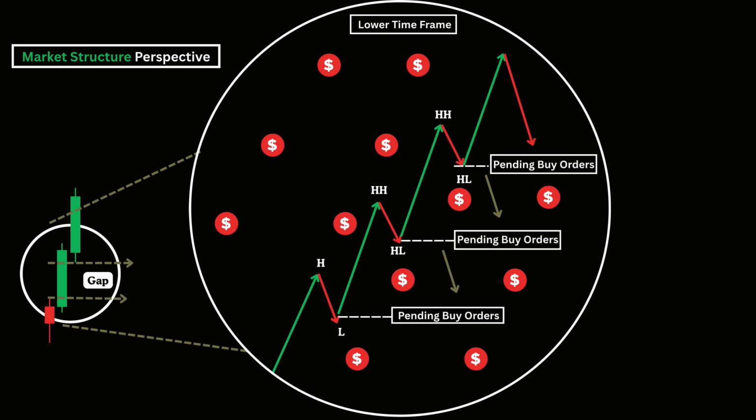So essentially, fair value gaps are areas loaded with pending buy or sell orders, which naturally draws price back to that zone. This is the key reason why price often retraces to close these gaps before continuing in its original direction, often with even more momentum. The unfilled orders within the fair value gap act like a magnet, pulling price back to fill the space before resuming the trend. For us as traders, this presents a valuable opportunity to capitalize on well-timed entries.